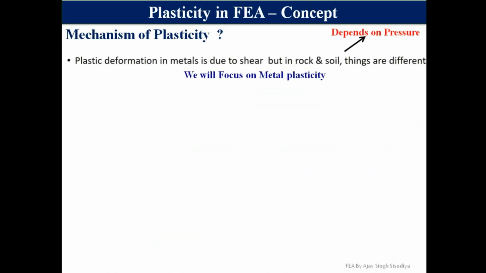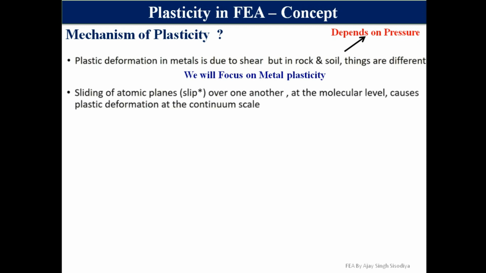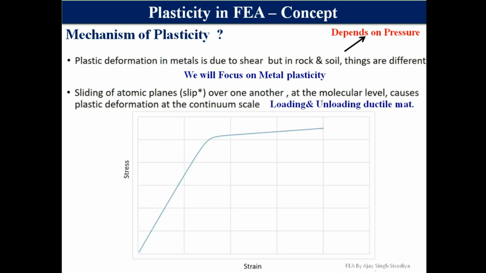If you look at the mechanism of plasticity, plastic deformation in the metal is due to shear, but in rock and soil it is because of the pressure. But we are going to discuss from the metal point of view. So what happens whenever you have any raw material? There are a lot of atoms. So sliding of these atomic planes over one another at a molecular level will cause the plastic deformation at continuous scale. So you have to keep in mind that we are discussing after the yield. Okay, so let me tell you here,